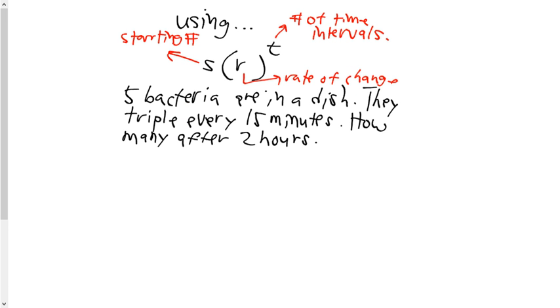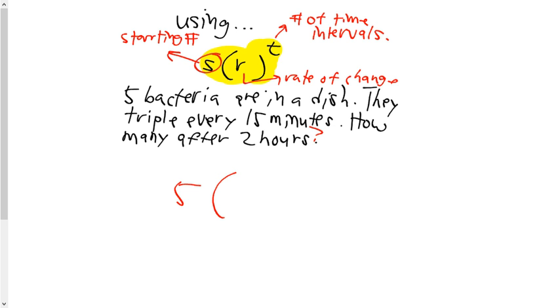So our last question is a story problem. It says using this formula right here, SRT. So S represents the starting number, R represents the rate of change, and T represents the number of time intervals. So 5 bacteria are in a dish. They triple every 15 minutes. How many after 2 hours? So our starting number is 5 bacteria